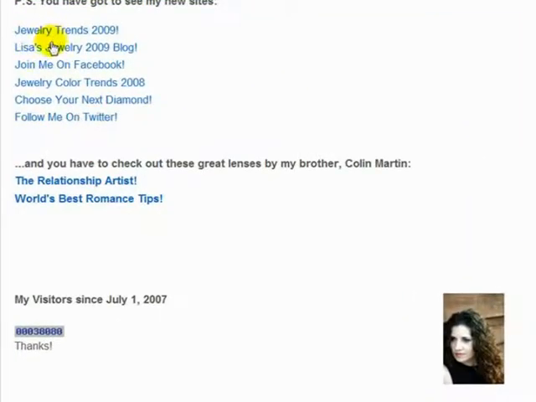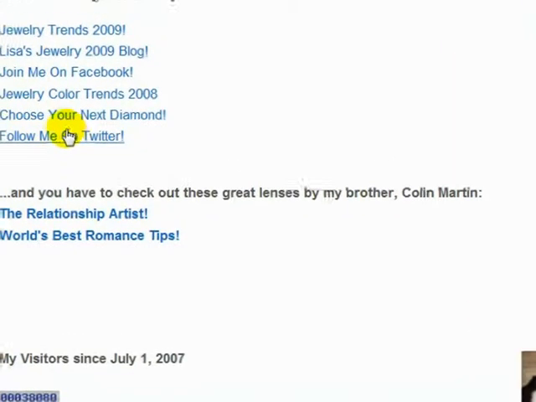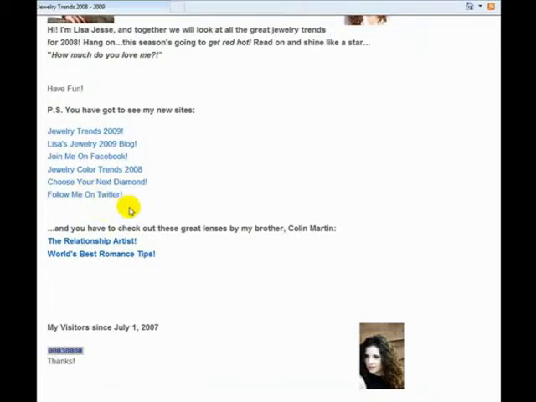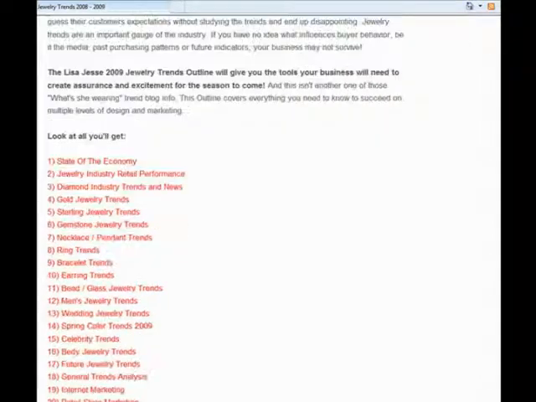These here are links to all her other websites. It's a great way to get backlinks to all these other websites because Squido is highly placed. You can see here, just since July, it's gotten almost 40,000 views. And here's the report I was telling you about. This is